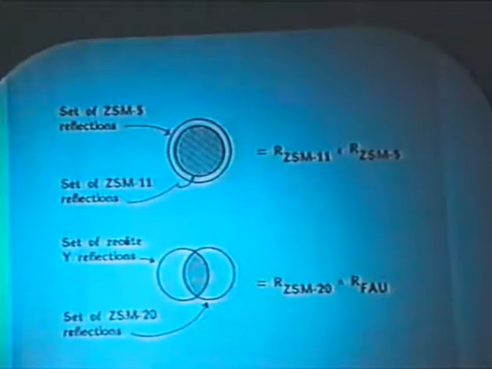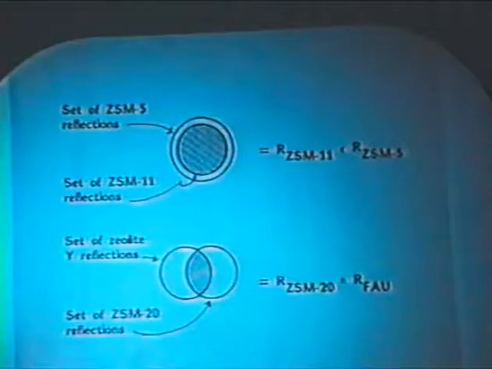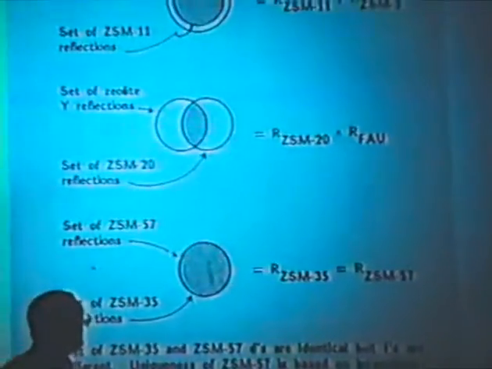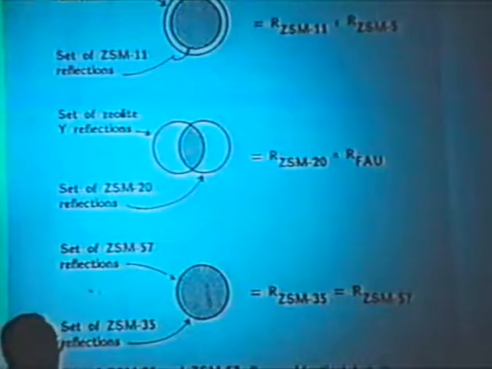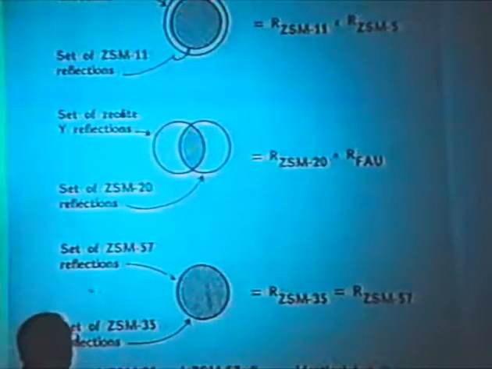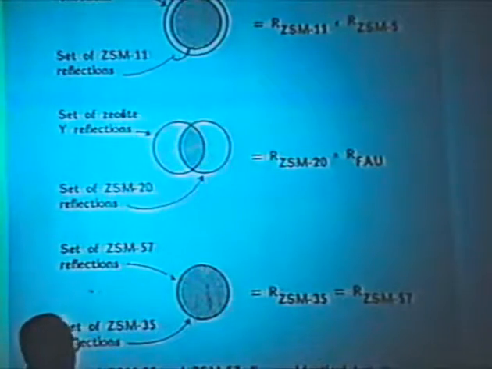Let me say a little bit about the peaks of ZSM-57 as compared to various other things. For example, in ZSM-5 and ZSM-11, what you find is that the set of peaks of ZSM-11 is a subset of the set of peaks of ZSM-5. You look at ZSM-20 and faujasite, I perhaps should say that one of these is an ABAB sequence, which is cubic. The other is ABCABC, which is hexagonal. What you find is there are some peaks in common, but each one has peaks which are distinct to that